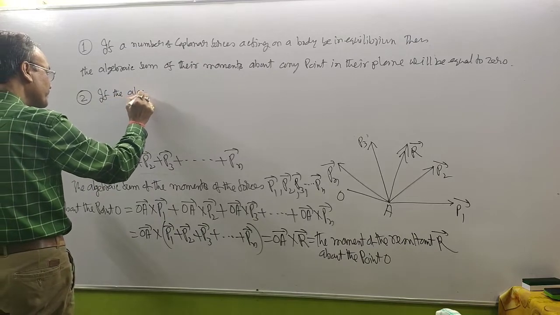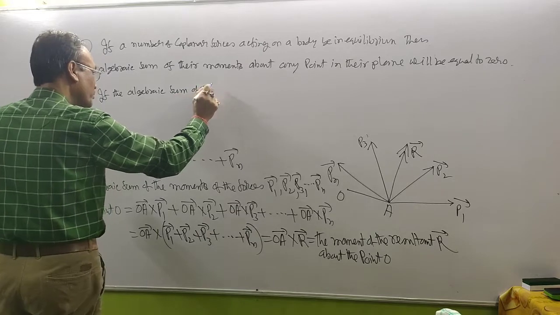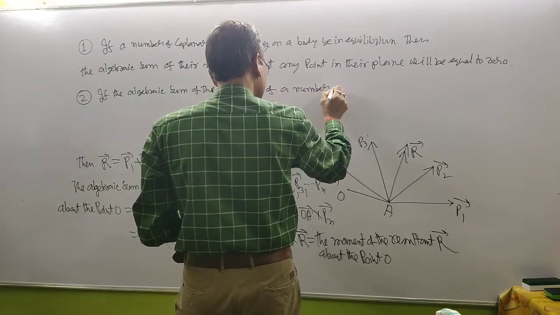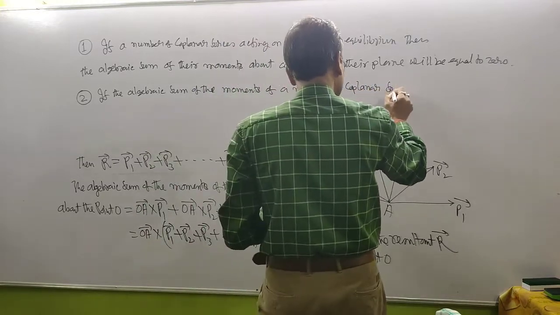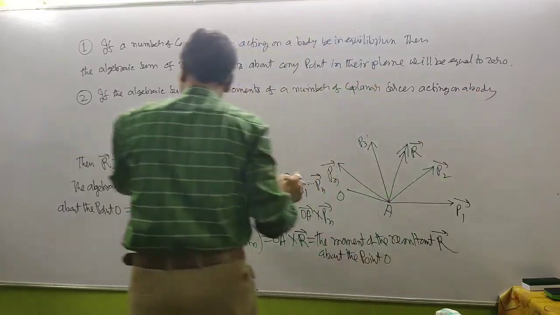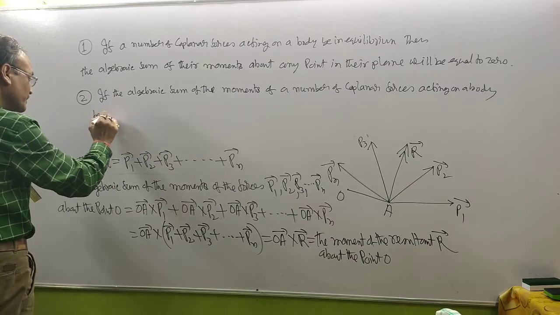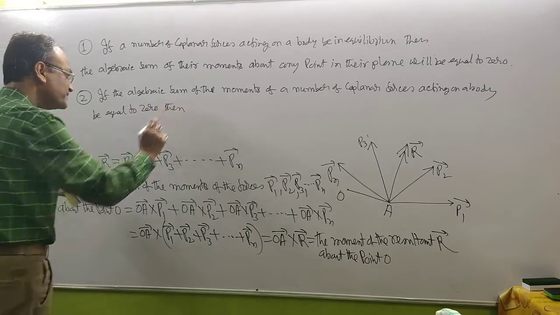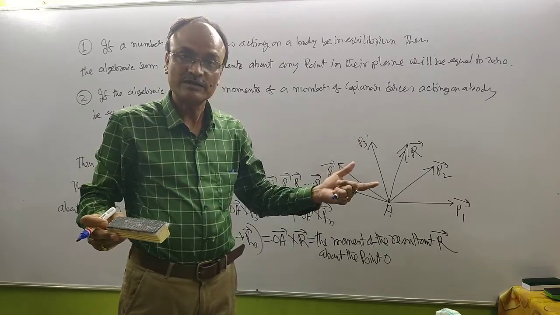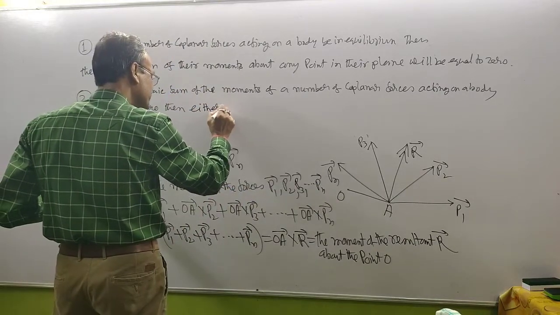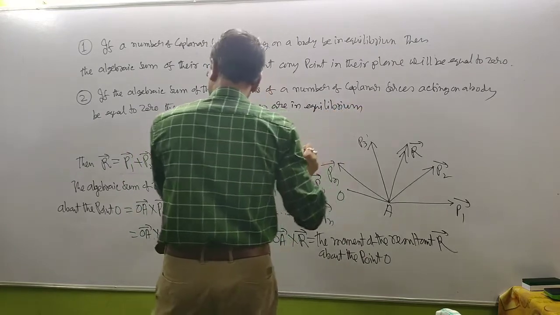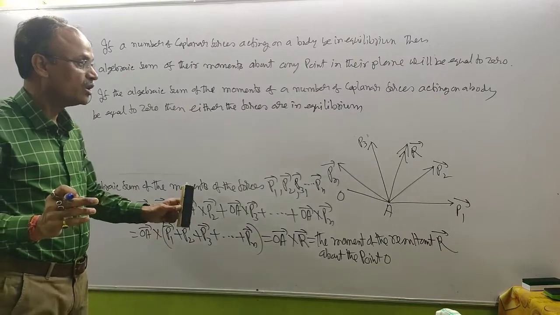If the algebraic sum of the moments of a number of coplanar forces acting on a body is equal to 0, then either the forces are in equilibrium, or the line of action